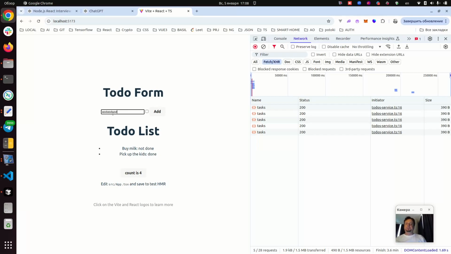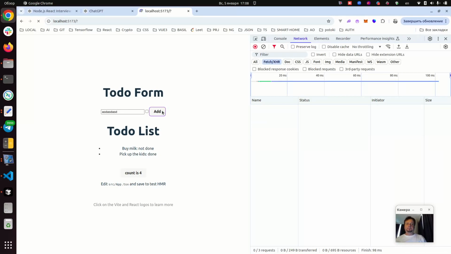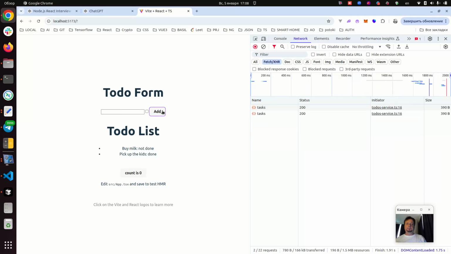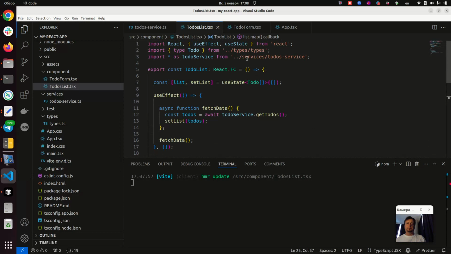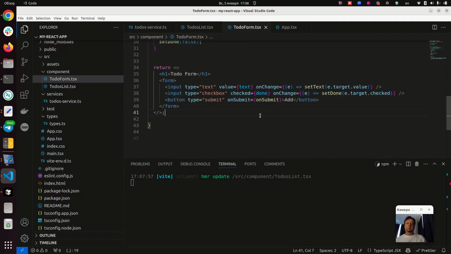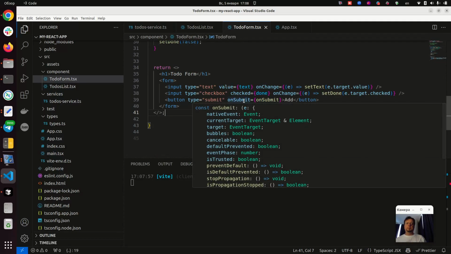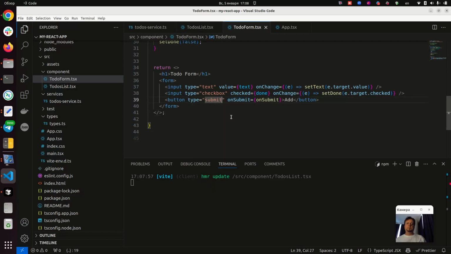Something to do here. Why? You have a prevent default behavior. Why are you doing this to me? On submit. Can I make this on button on